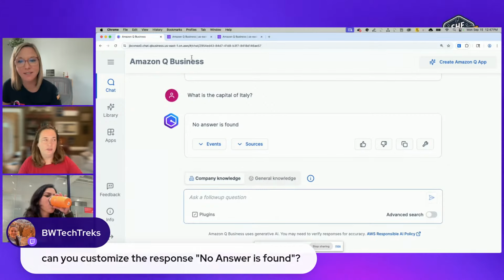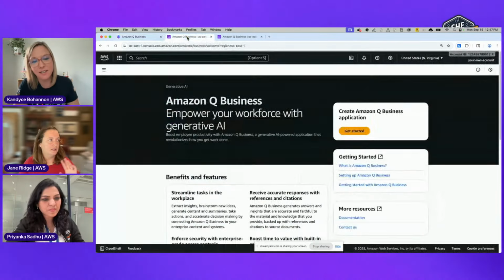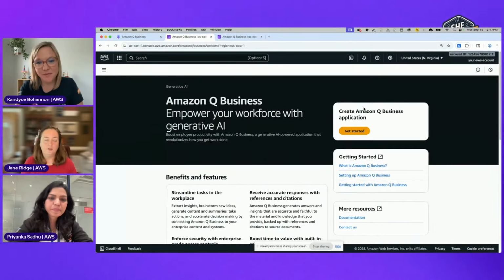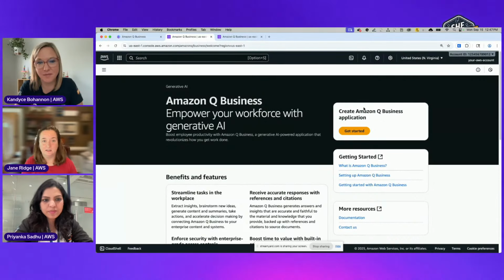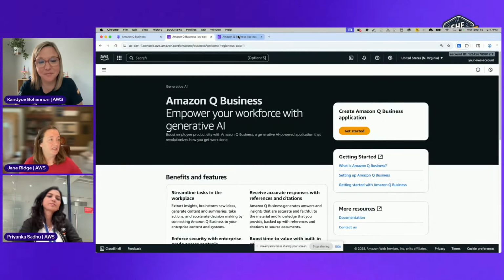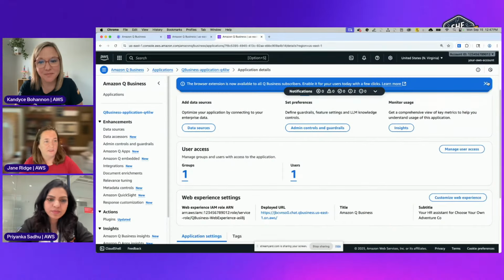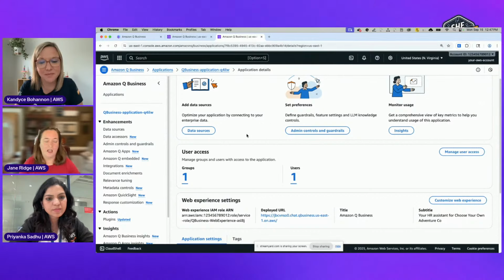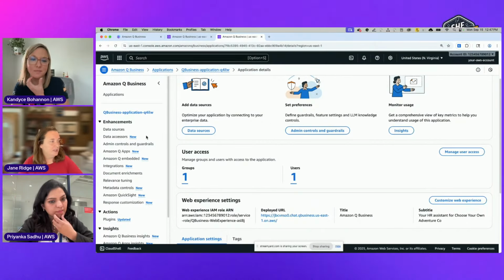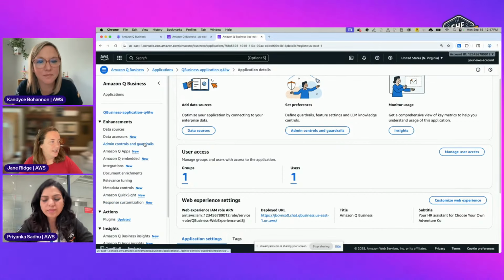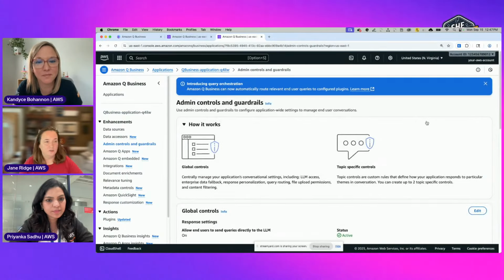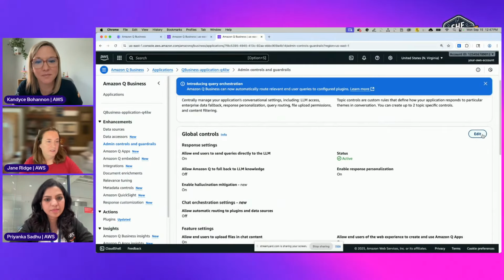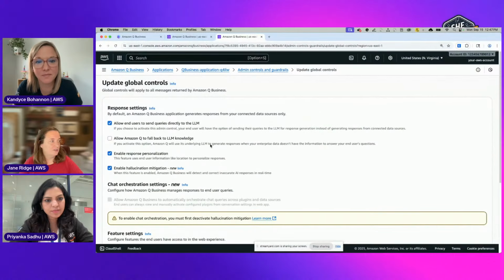Yeah, so let me go through the back end. Getting started, this was easy. I create these in minutes. Seriously, go in here if you haven't tried it. With Q Business, you can set it up in minutes, but I'm going to go in the back end of this application that I've made. A few things around the customization of the response. We do have admin controls and guardrails that I was talking about. So I'm going to edit this and show you.